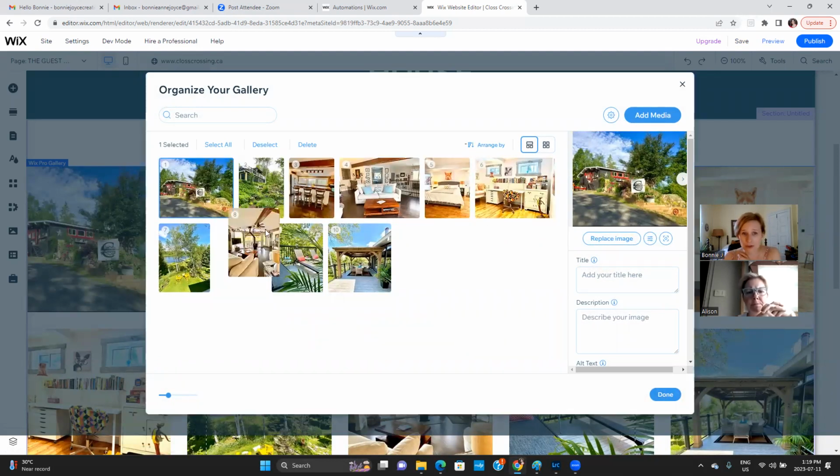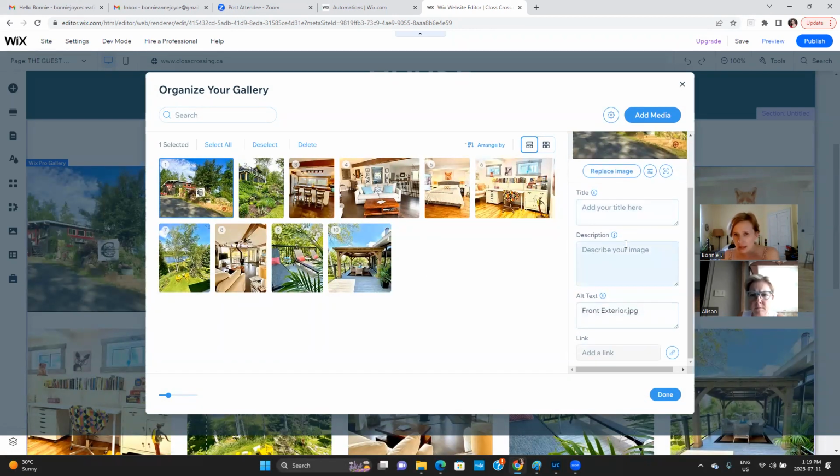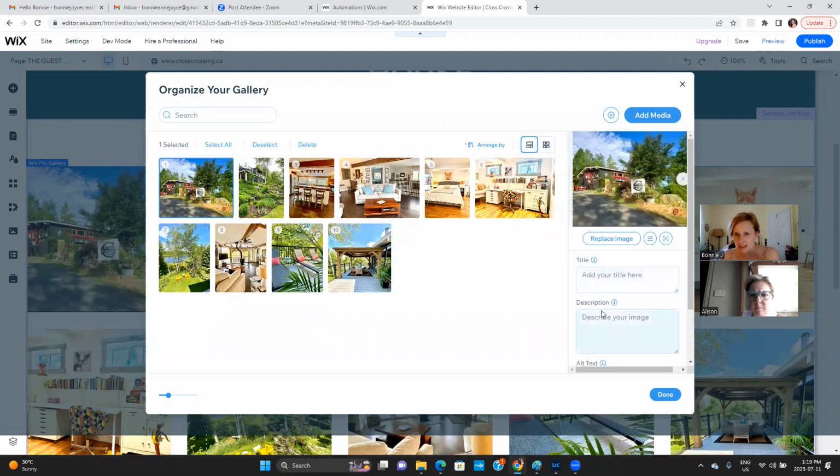I can move them around, so you can grab them and change the order of them to whatever you want. You can add names and details to them, which is good for search engine optimization. I didn't really know the details, so that's something that you could do if you wanted. That is when, if somebody clicks on an individual picture, it could open up in its own page and then they can scroll through them there. I have to look at the settings to see if I allowed that. I think I removed the title, which would have been like JPEG 659.